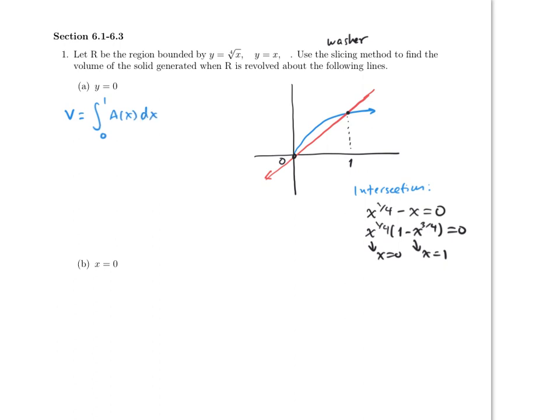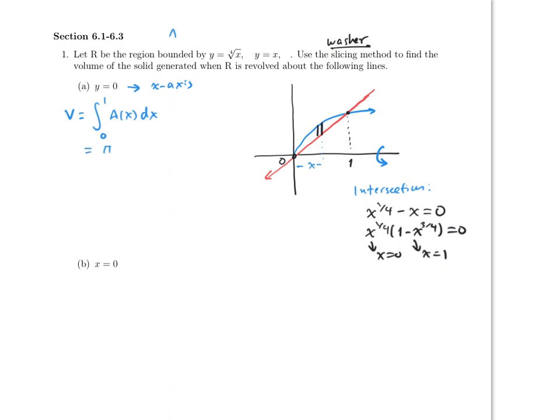Now to figure out the area, that's where a partition is very, very important. By a partition, I mean this. The partition for this method has to be perpendicular to the axis of rotation. Notice that y equals 0 is just a fancy name for the x-axis. So this is being rotated here. And the distance between here and here is x. Okay? So therefore the volume is going to be pi.